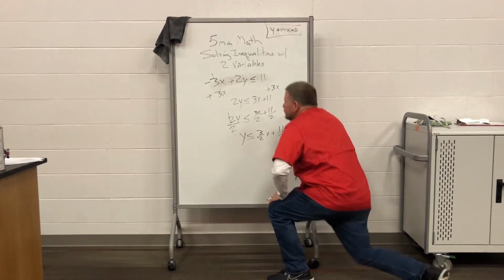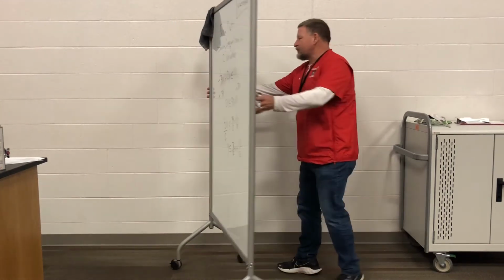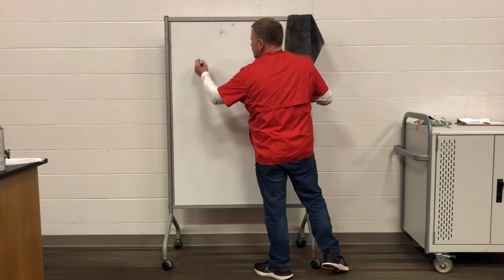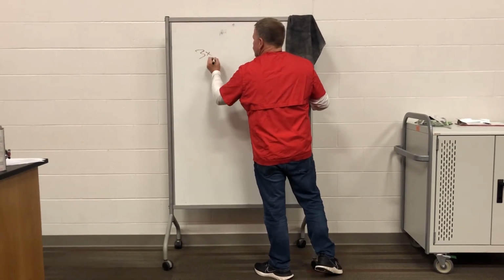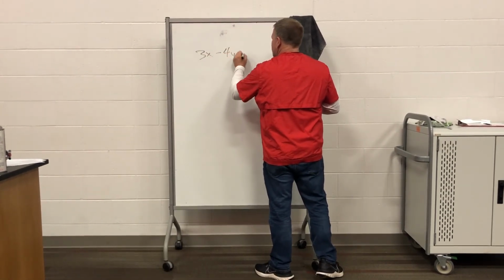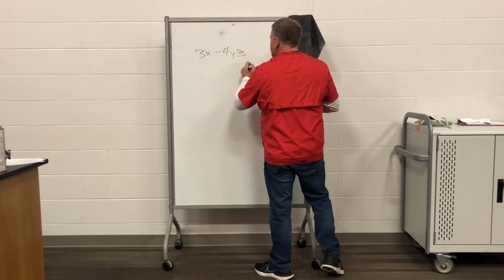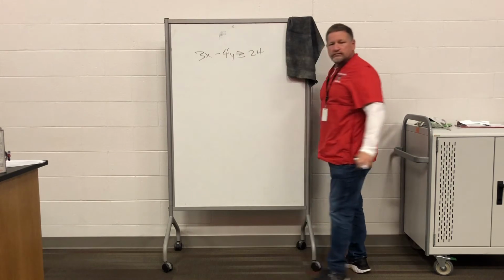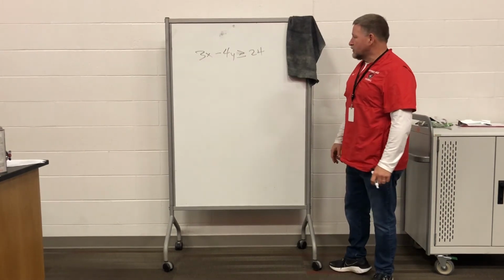Let me pull up one other example. I'm going to flip this board. We'll do one other example for you guys, and that should just about take our time. So let's say I've got 3x minus 4y is greater than or equal to, let's say, 24. Okay? So again, I've got my